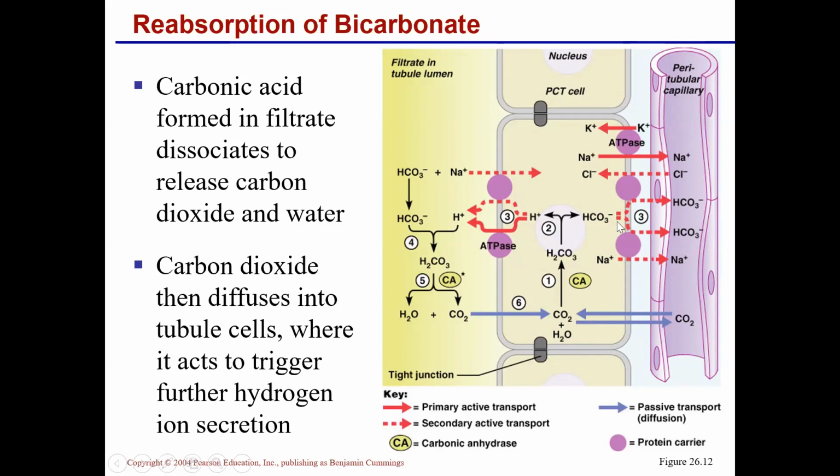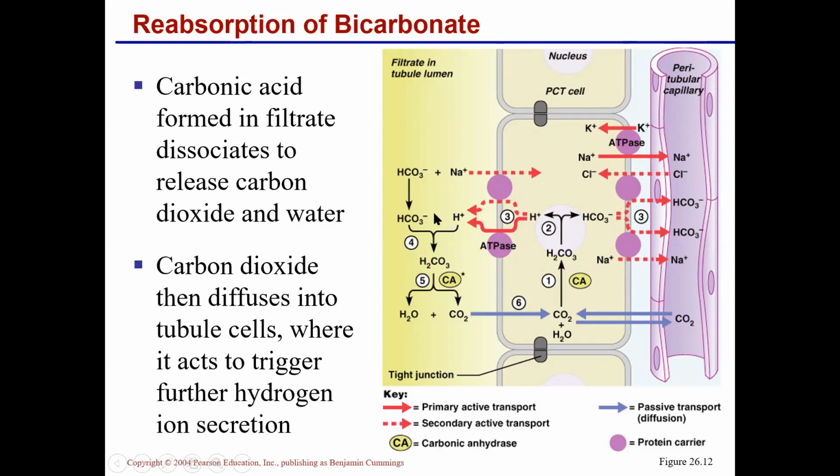Remember, the basolateral membrane is permeable to bicarbonate ions, so they can be transported back into the blood. And the apical membrane is permeable to hydrogen ions, so hydrogen ions can be transported